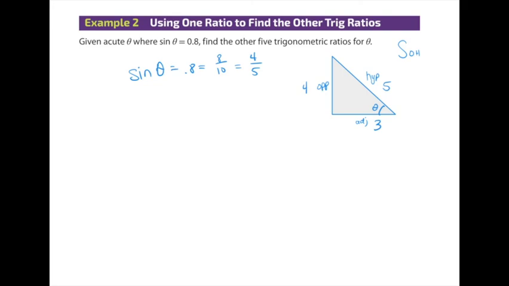All right? They did this with 0.8 over 1, and then they did the Pythagorean theorem with decimals. Personally, I would just put it as a fraction. Personally, that's how I would do it, okay? So once you have one trig function with fractions, you really can get the other ones if we're talking about